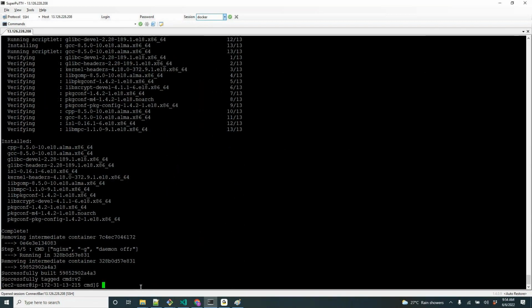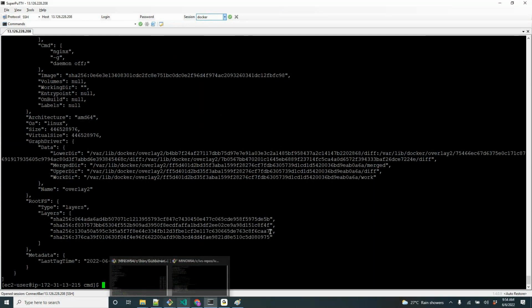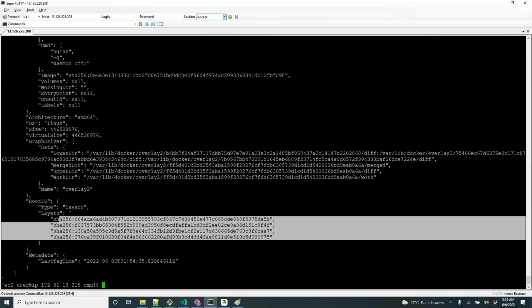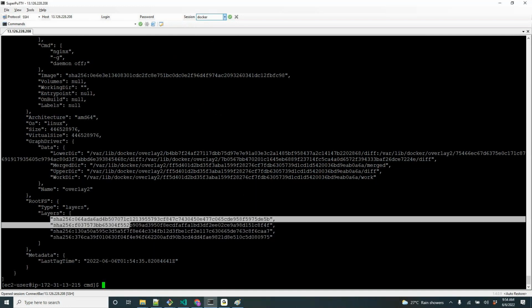Okay. Docker inspect. Now you see we got an extra layer, because earlier that was just displaying a message. It didn't create that layer. Now we got an extra layer, but if you check this, let me copy this